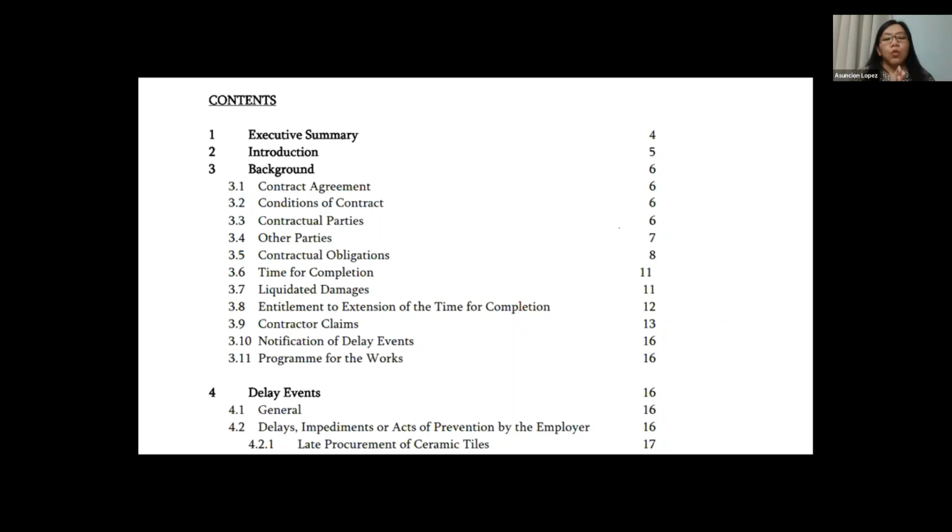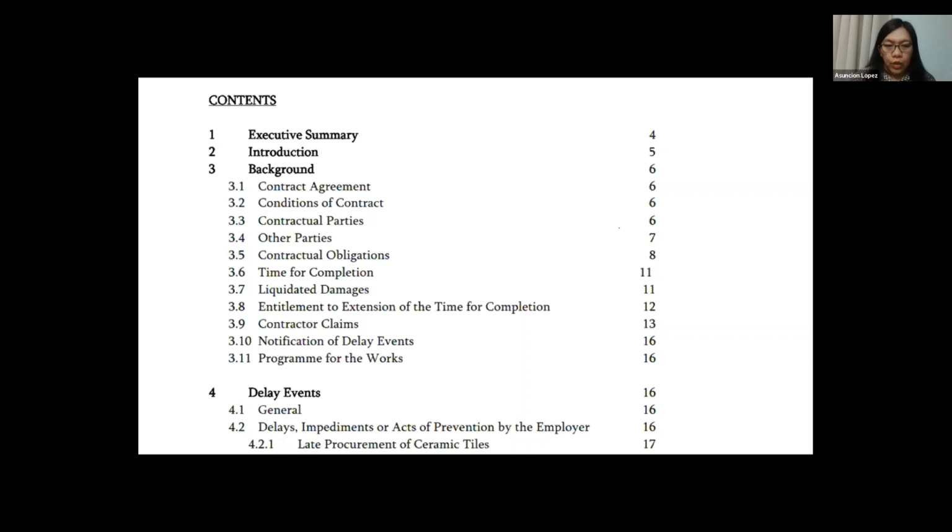And then state the time for completion. If there are liquidated damages in the contract, you better state the liquidated damages, and how much, if you have computed this. And then the entitlement to extension of time for completion. Now you mention your entitlement, and then what your claim is.